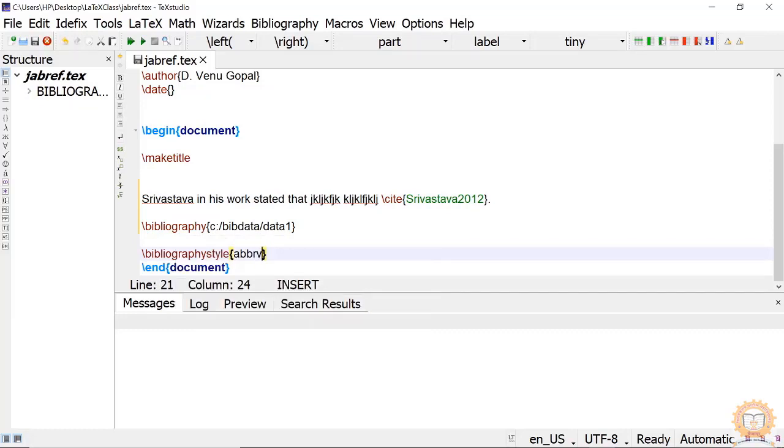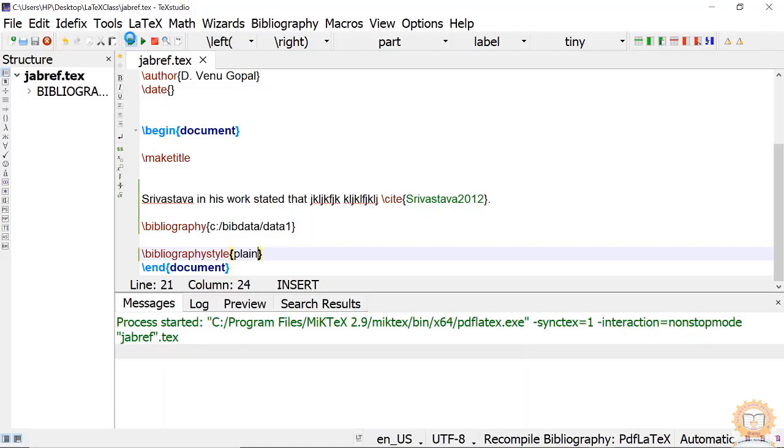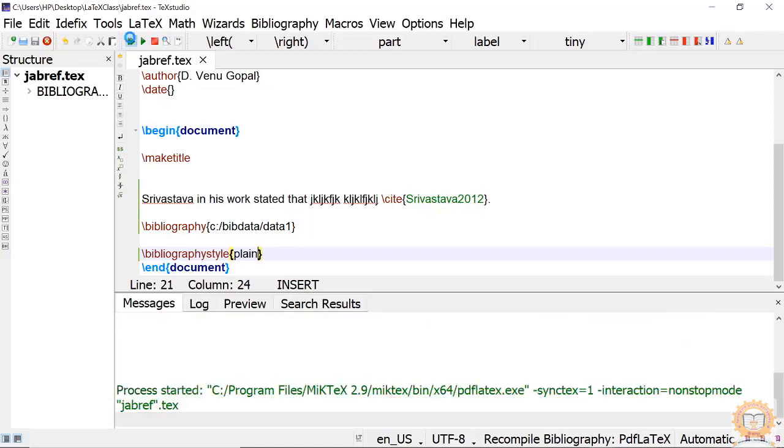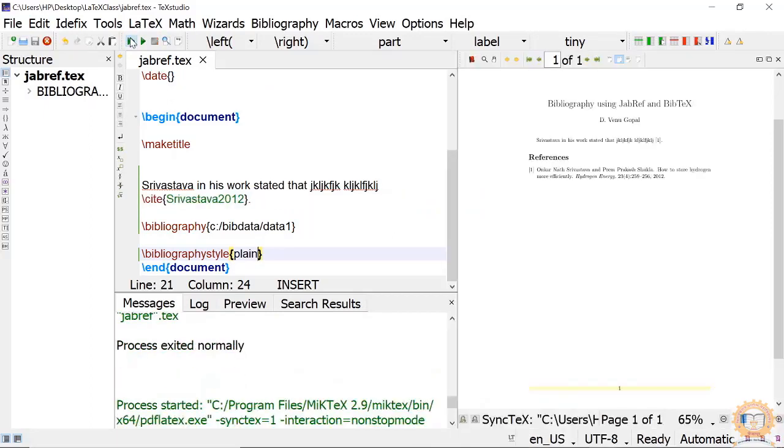Style, generally first we will put plain style and show you. Okay. Now because the data is there, everything is compiled. Three times it will run and it will show the reference.